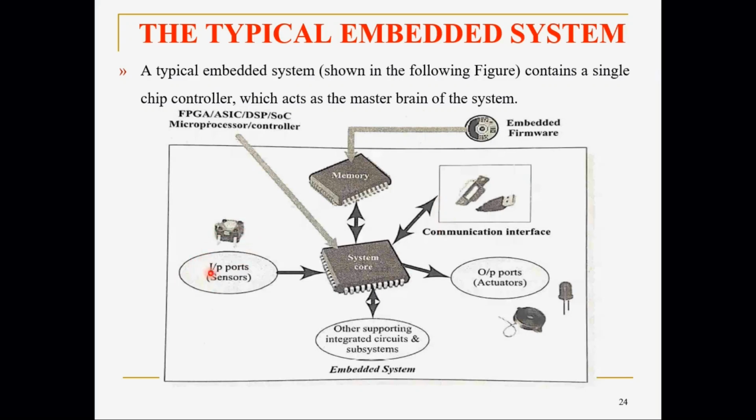And then IO ports are there. Definitely input output ports are required because the embedded system has to read something or deliver something. For example, in the alarm system, the input port is connected to the switch, so that whenever a person presses the switch, that status has to be read by the embedded system. That is the input port. And what is the output port? The speaker. The embedded system sends a particular voltage or ringtone to the speaker so that it gets activated. So, input output ports.